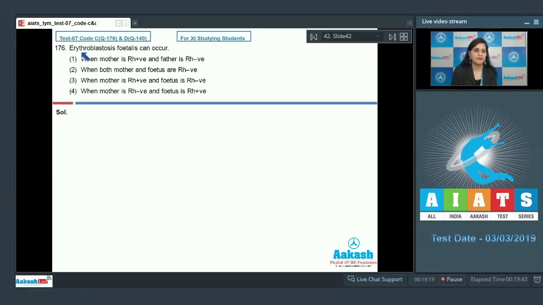Question number 176. Erythroblastosis fetalis can occur. And the very first option is when mother is Rh positive and father is Rh negative. And this is an incorrect option because erythroblastosis fetalis can occur due to Rh incompatibility